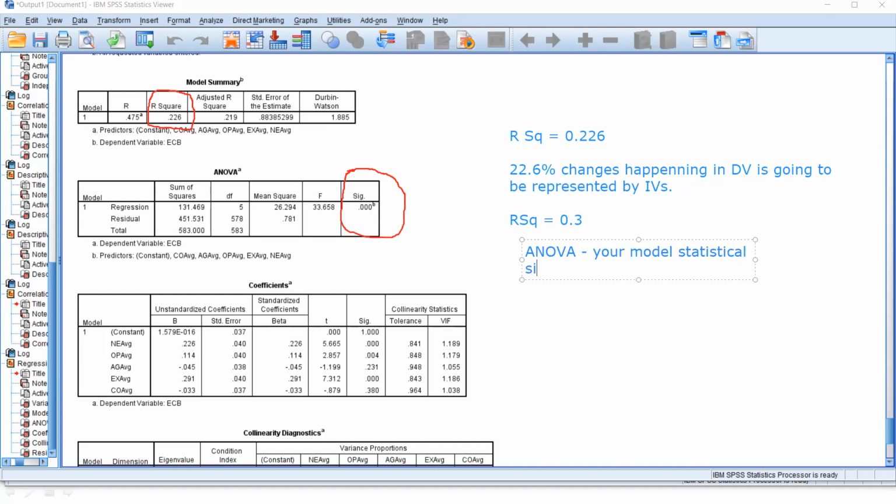If the sig value is less than 0.05, we can say that the model is statistically significant. Right? Model is statistically significant. Okay, the model is okay. Though the R-square value is low, the model is okay.